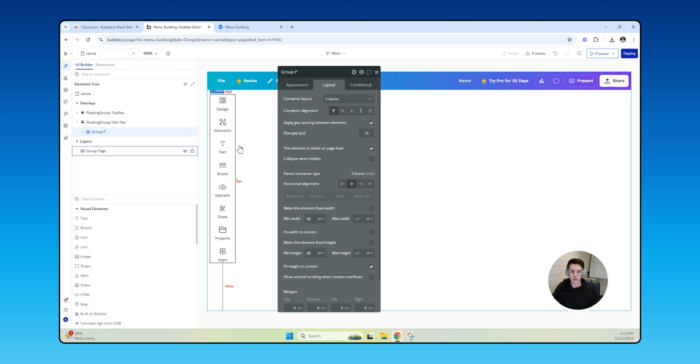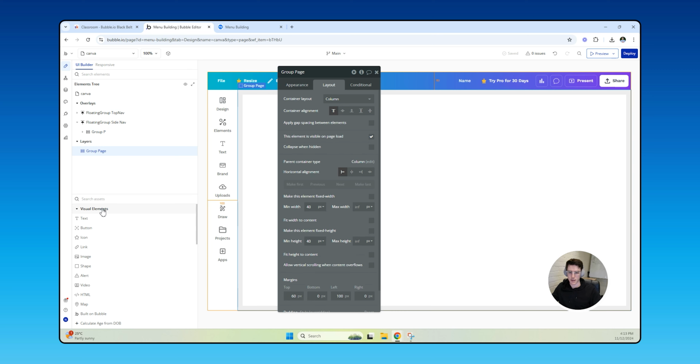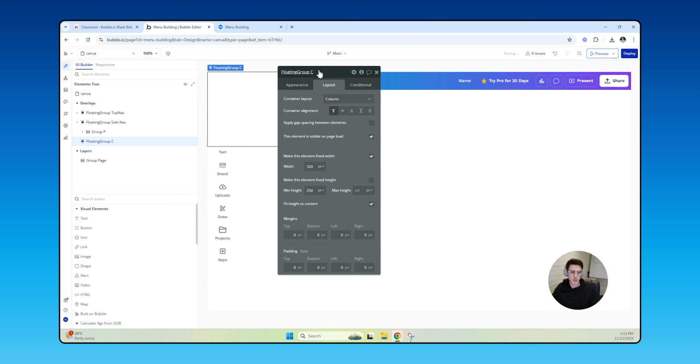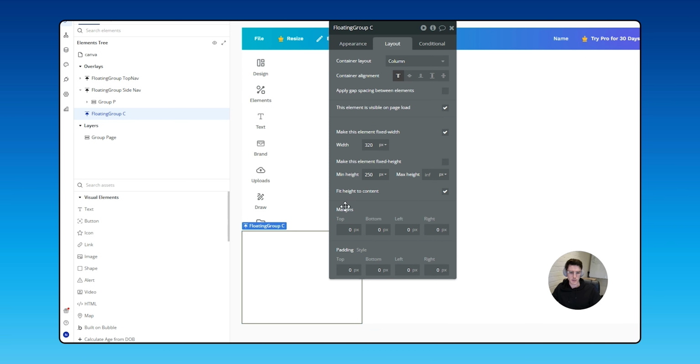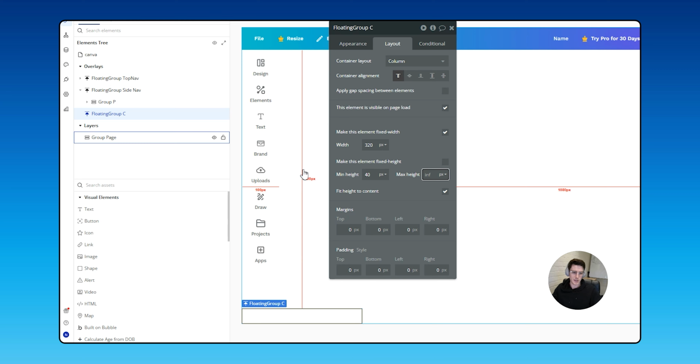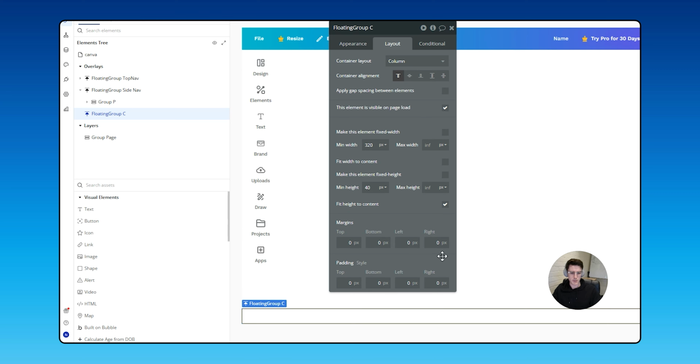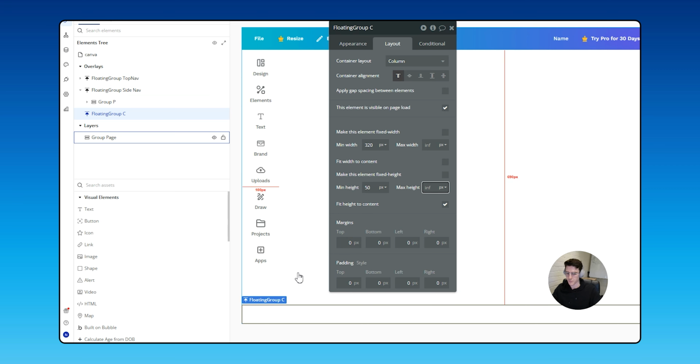Okay, now we've got the bottom nav to get into. So let's jump into that. This is going to be interesting, this one. Yeah, because it's got a few elements that I'm going to have a bit of fun with, but also, when I say fun, I mean it's going to be difficult. Let's make it 50. And then we'll do some padding around it, 8, 8, 8, 8. Okay, so